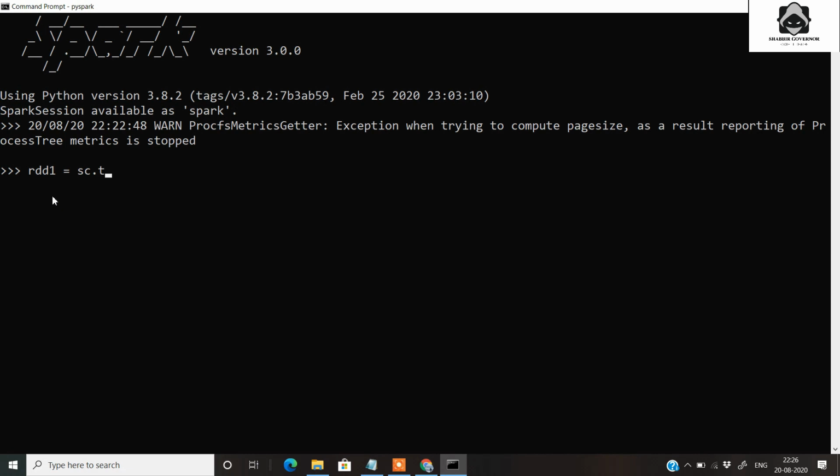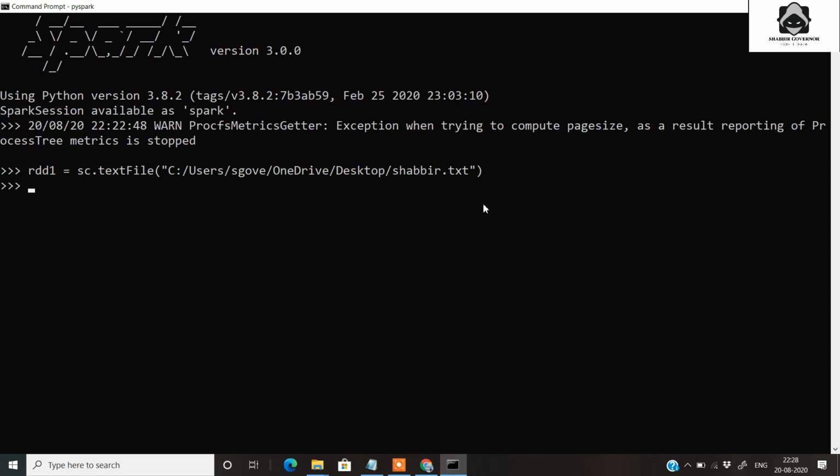We use textFile to read a text file which has the data that you want to convert to an RDD. This is a function of the RDD, and you can check all the functions of the RDD on the Spark documentation page, but for now we'll just convert a text file into an RDD. So let's paste the path of the text file that I have on this system. Now this text file has been converted into an RDD.